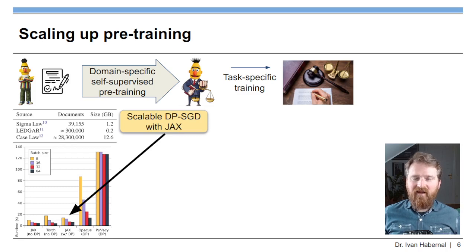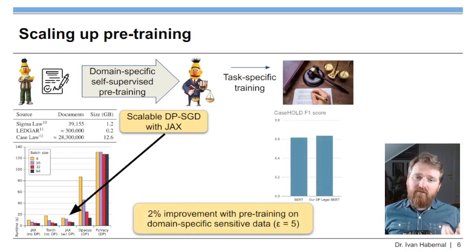So we experimented with JAX and re-implemented the pre-training of BERT using JAX, and we can see it really scales well. There is not much performance loss. Using this, we are experimenting with a couple of downstream tasks, and using just this pre-training with an epsilon of 5, which is the privacy budget, the strength of the privacy preservation, the smaller the better, and epsilon 5 is considered okay privacy guarantees in the community, we are able to get a 2% improvement on